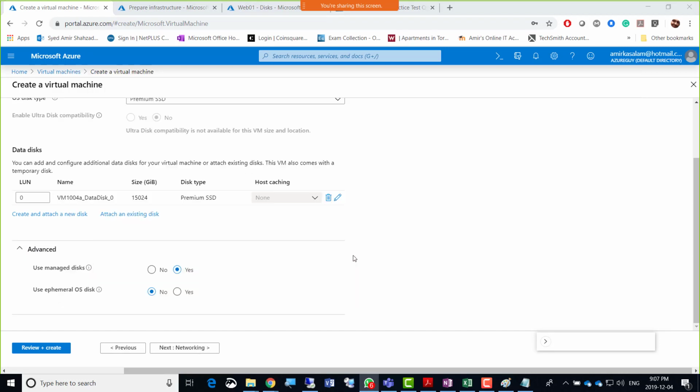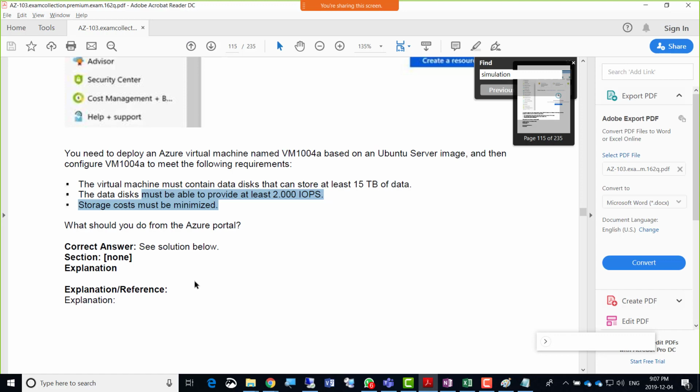So first thing, 15 terabyte done. Second thing, because it is premium disk, so rest assured it is 2.0 IOPS, and storage cost must be minimized. Can we do something about that? No, I don't think so.